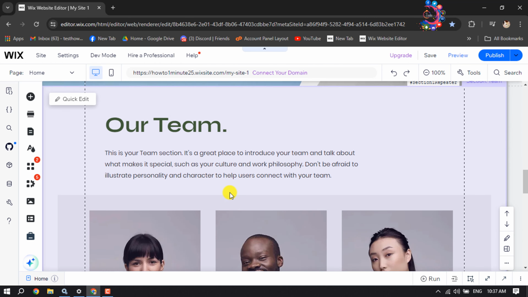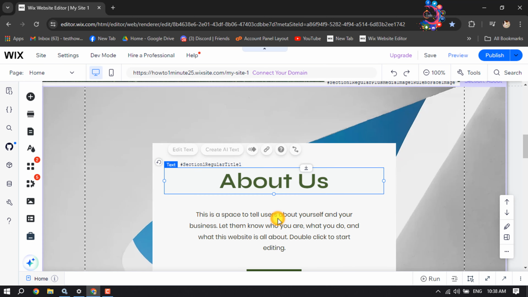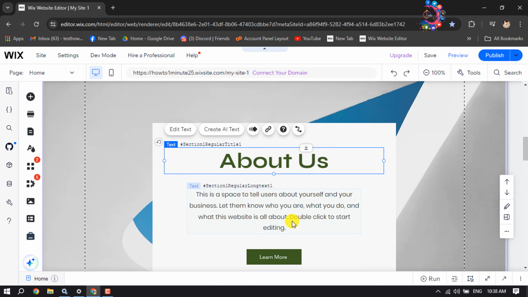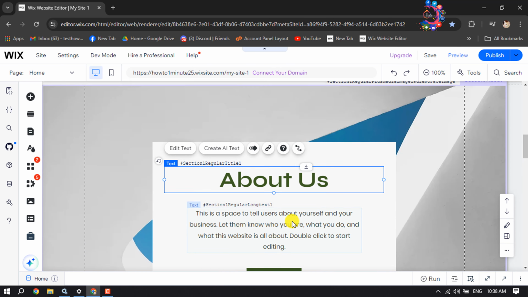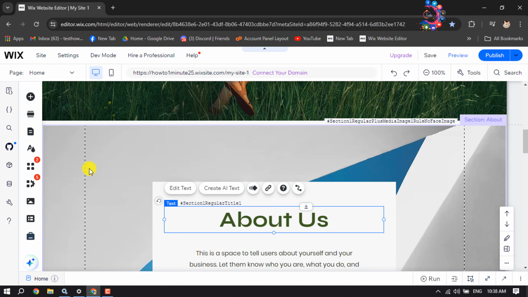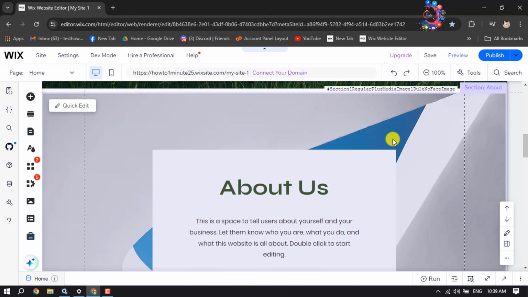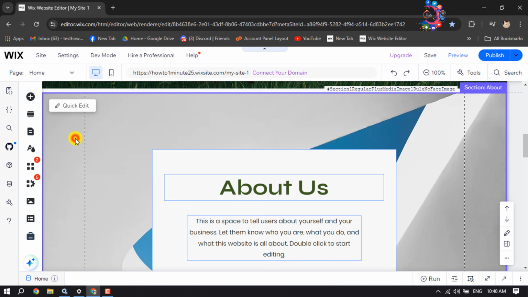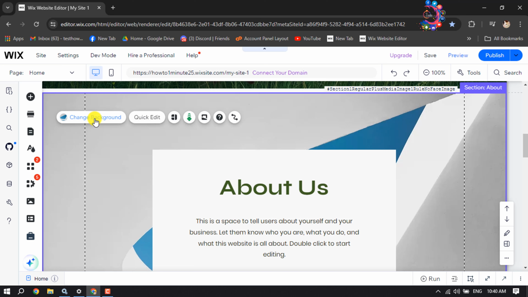First of all, go to the section. As you can see, right now I'm on my About Us section, and here I want to make this background parallax. To add a parallax effect in any section, first of all you have to add a background color or background photo to the section. So select the section and click on change background, and